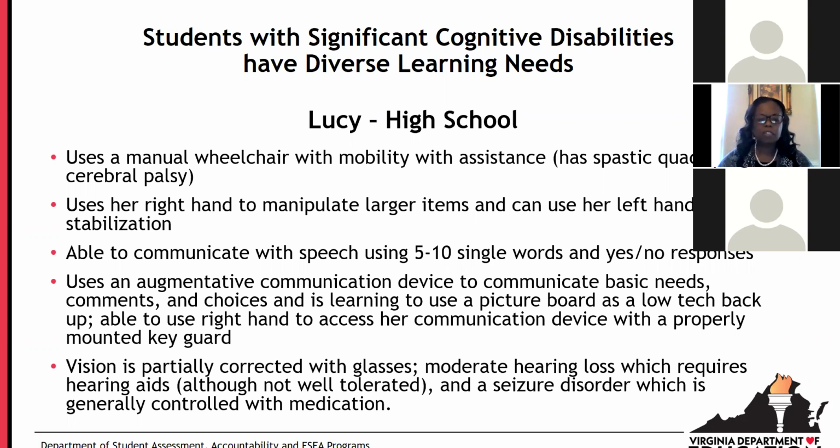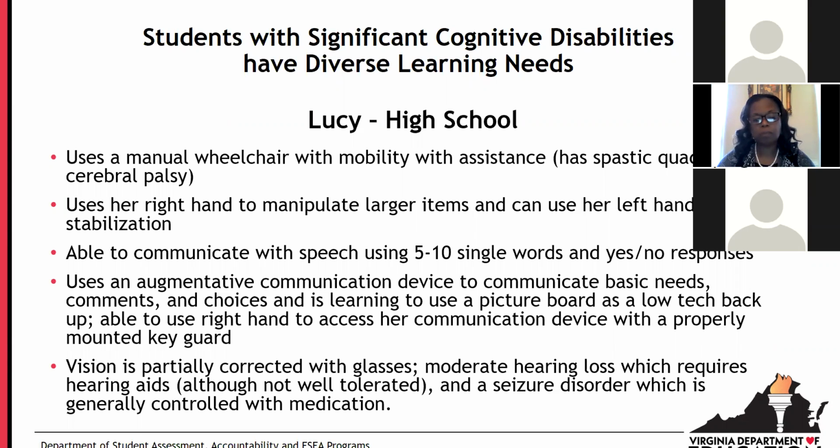And that is really supplemented by the use of an augmentative communication system, which allows Lucy to communicate her basic needs, to make choices. And in terms of the learning setting, she uses a picture board, which she, again, is able to use her right hand to access the communication device, and especially if it has a properly mounted key